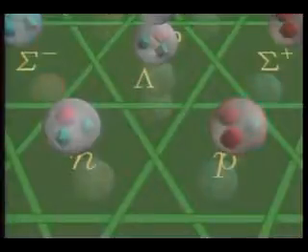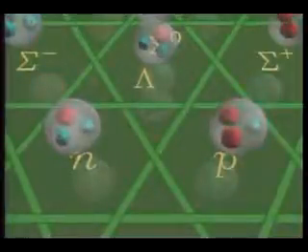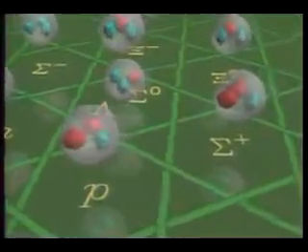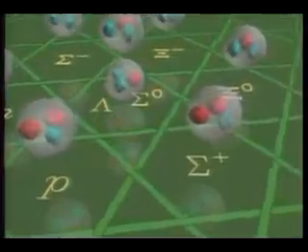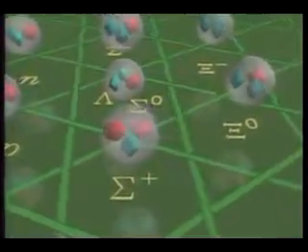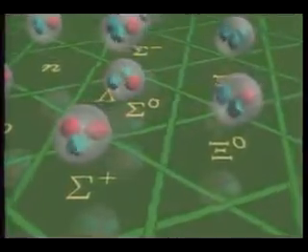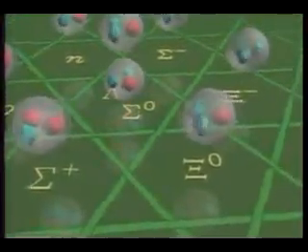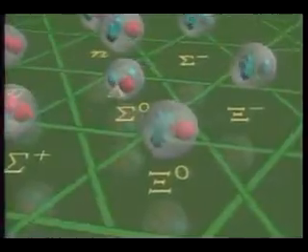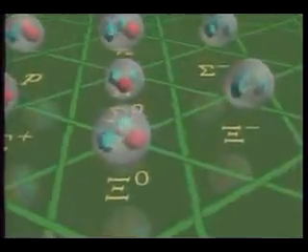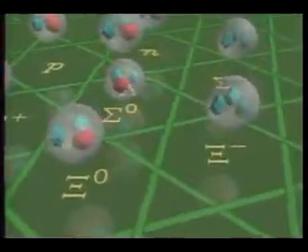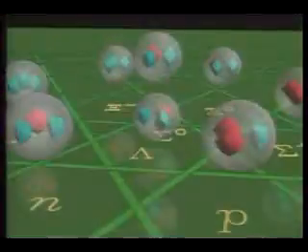For example, each member of the family containing the neutron and proton is made up of 3 quarks. The large red shapes represent up quarks and have positive electric charge of 2/3, while the 2 kinds of smaller blue ones are called down quarks and strange quarks and have -1/3 of the elementary unit of charge. They combine together so that every complete particle has a charge of 1, 0, or -1 times the charge of